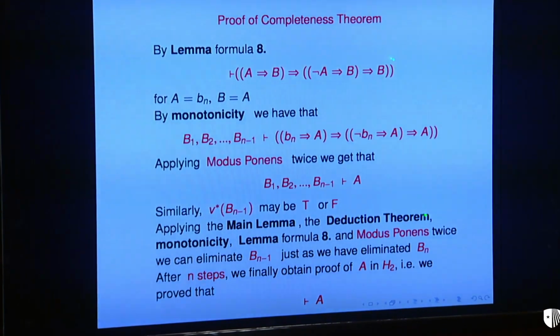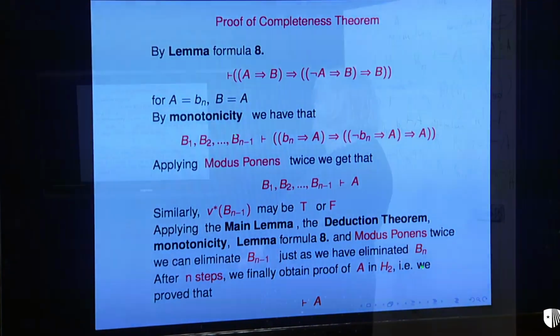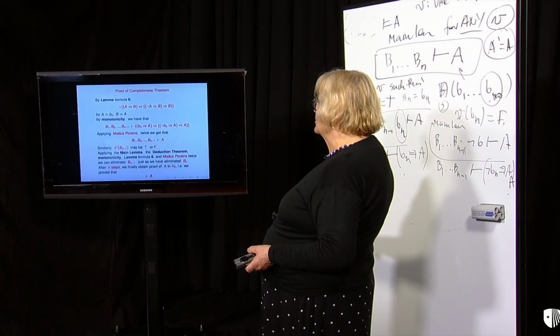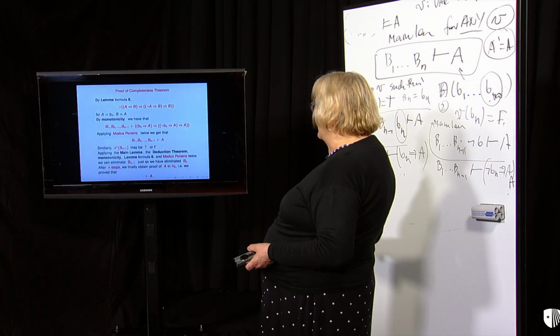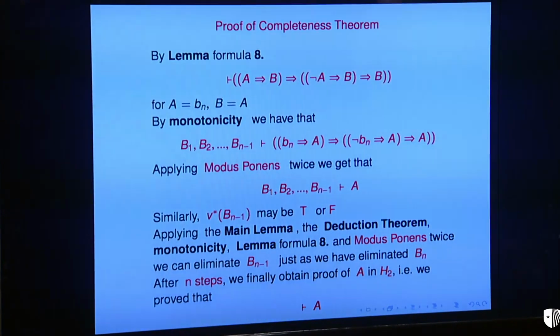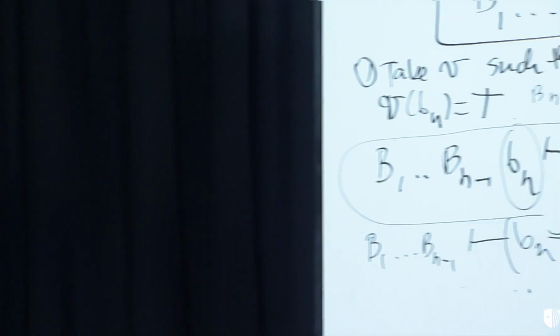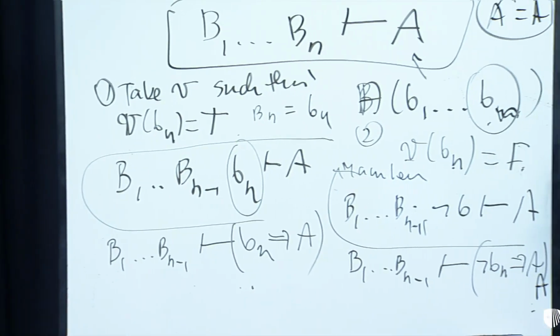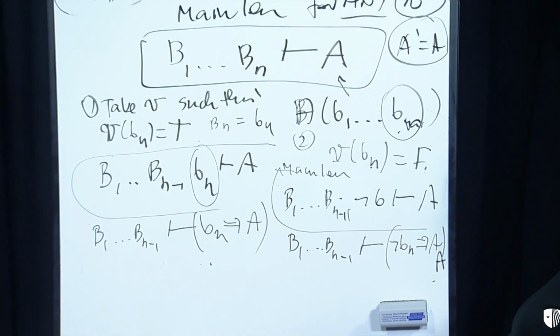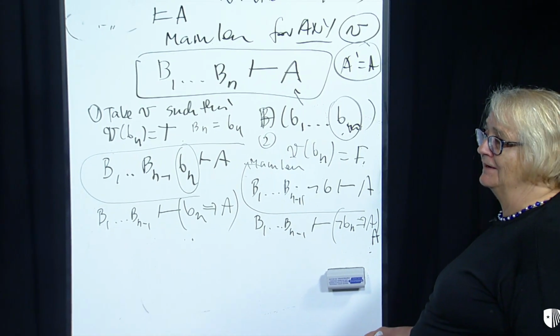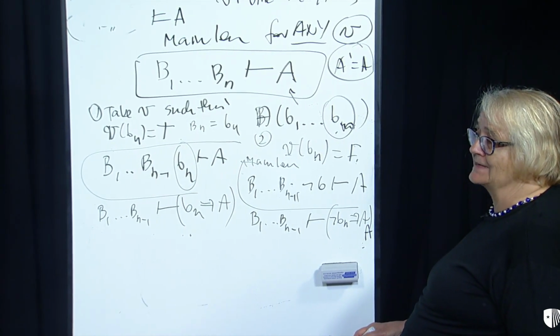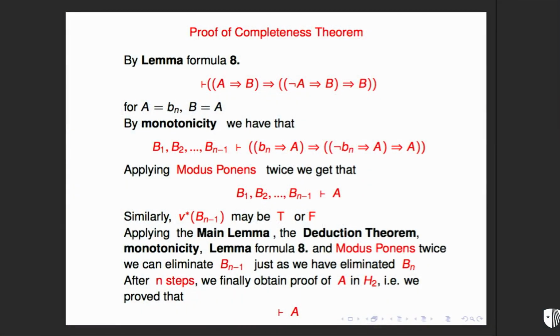This proof we constructed from scratch. So I can construct this proof. And now you apply modus ponens. You have this, and you have that. So you apply modus ponens once, modus ponens twice, and you get a proof of A. And the same if you have the case where